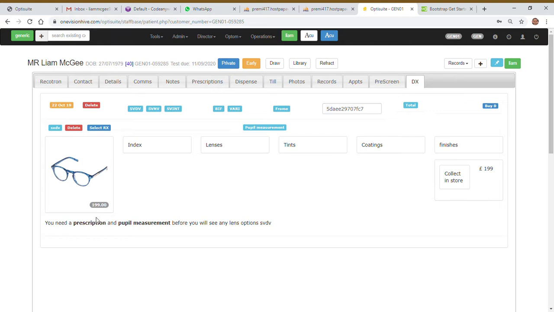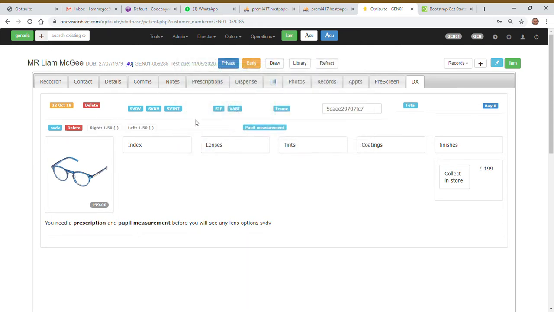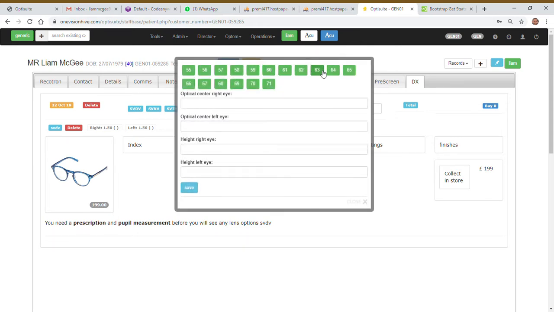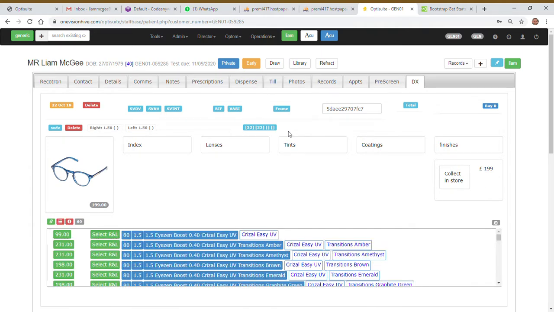When we're actually wanting to select a lens, we're going to have to put some information in first. By selecting the frame here, the details are on for the frame: bridge size, eye size, ED, which will help us calculate blank size in a minute. That information is already on. If you're adding products, you need to make sure you put that on for this to work. We can then select a prescription, which is this patient, so we've got a nice 150 here. Pupil measurements in as well. Let's go for 64. At that point, it will start doing calculations of what lenses are possible,